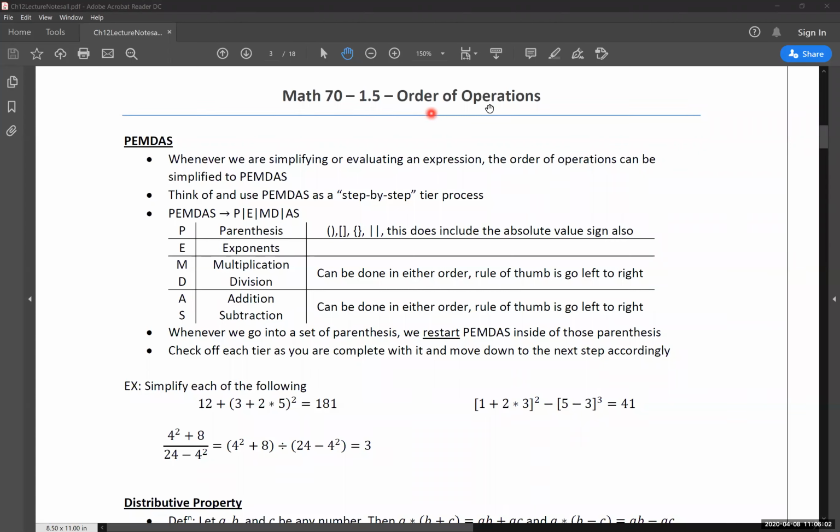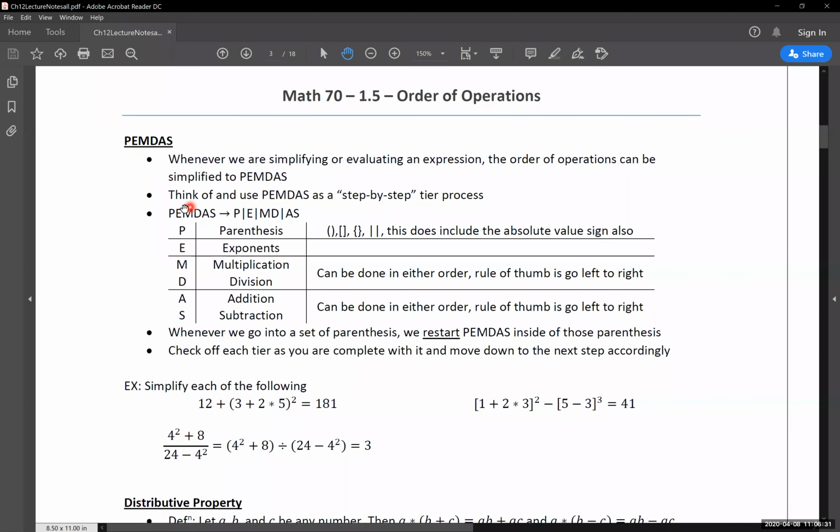So essentially the order of operations is what we're going to be doing when we are being told to simplify or evaluate an expression. So if you're ever going through a problem and you see the buzzword simplify or the buzzword evaluate in there, and you don't know what to do, or you're like, I don't know where I should start with this, stop. PEMDAS is going to be your step-by-step guide to go through and solve these things.